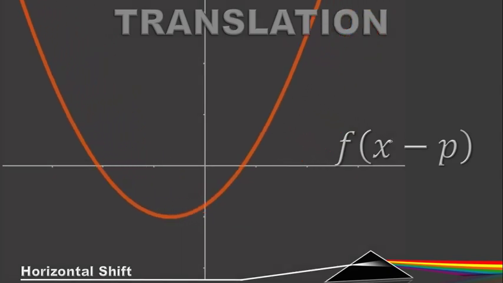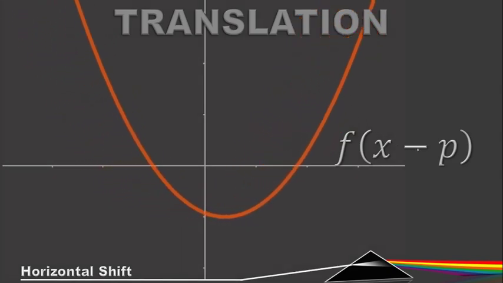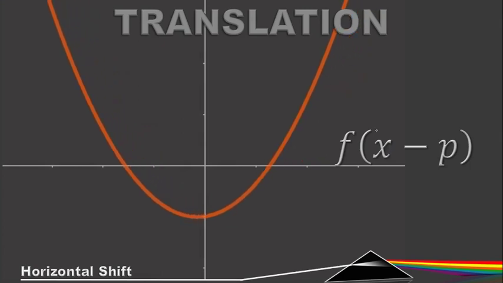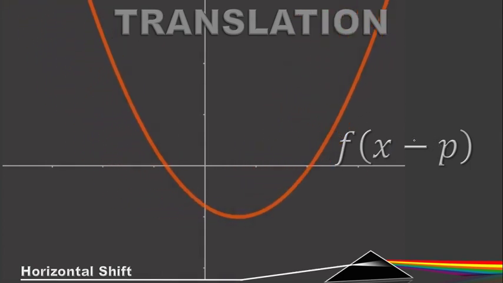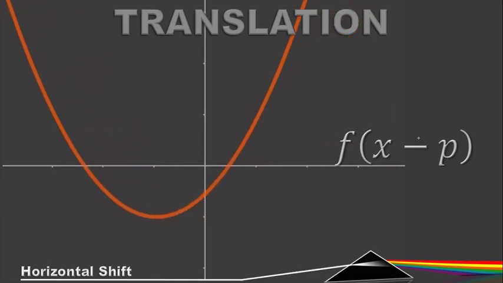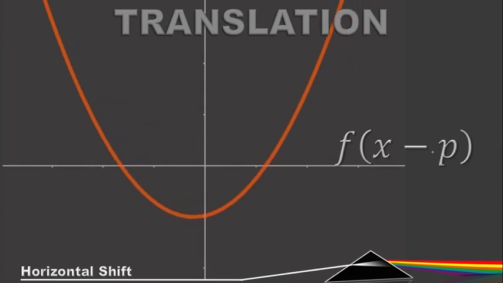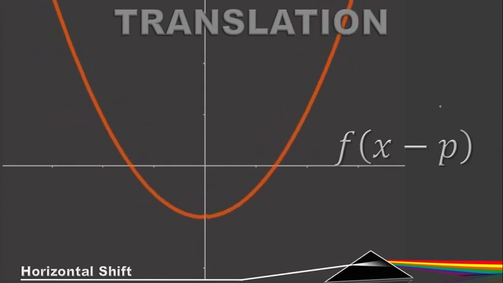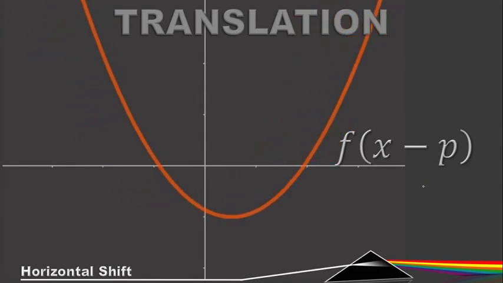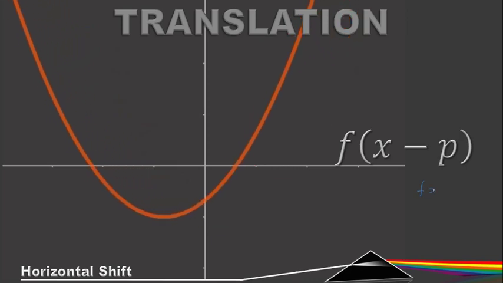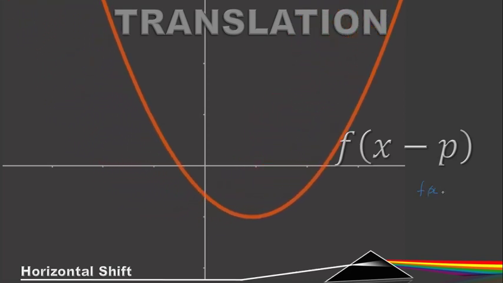Now, the translation, the horizontal shift, if I'm given f of x minus b, what happens here is the graph is moved left and right. But one thing to note is that my P represents the shift. So if I've got f of x, and I shift my P to the right, then it's